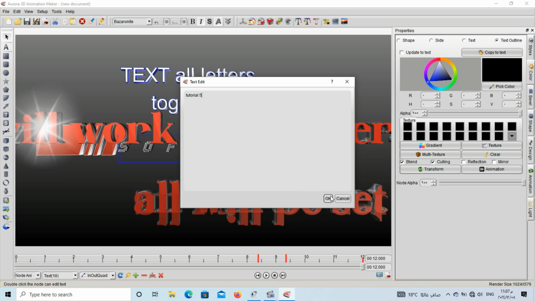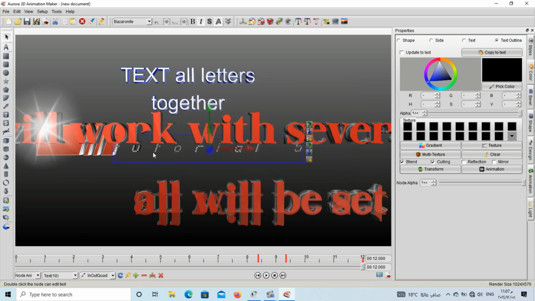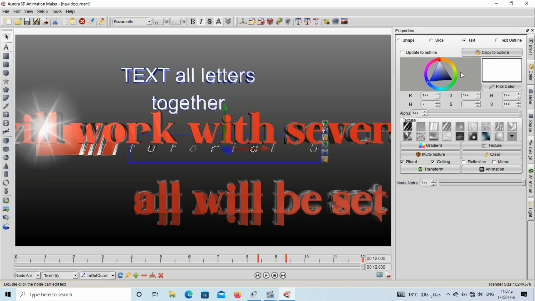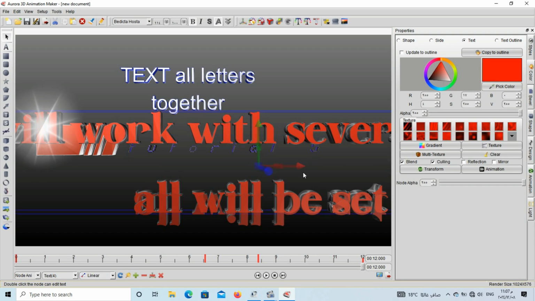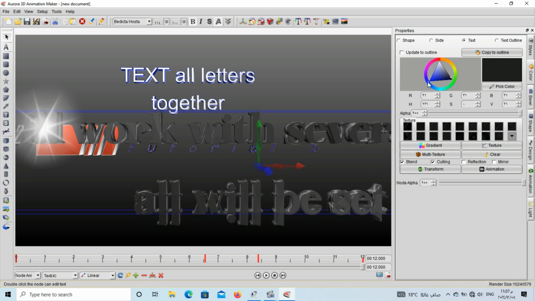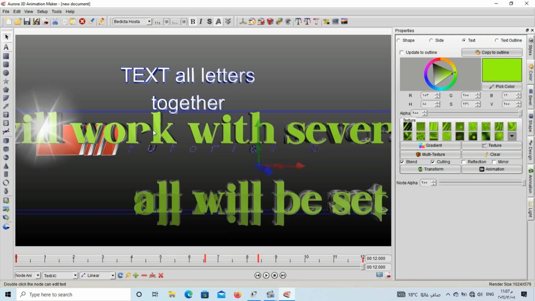I will type tutorial 5, hitting OK, and then apply new color. I will change the color of the text to this one. Let's see, I will choose this color for the whole text. If I want to change the bevel, I will head to the panel of the text outline. I will just change to this color, this one,